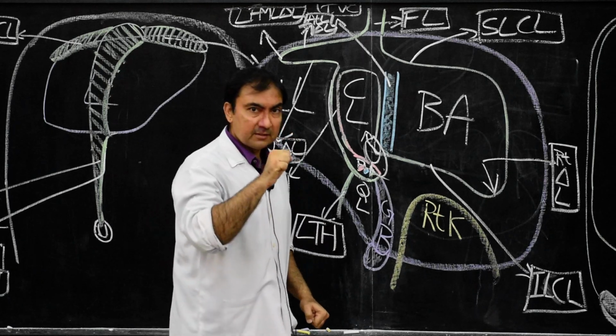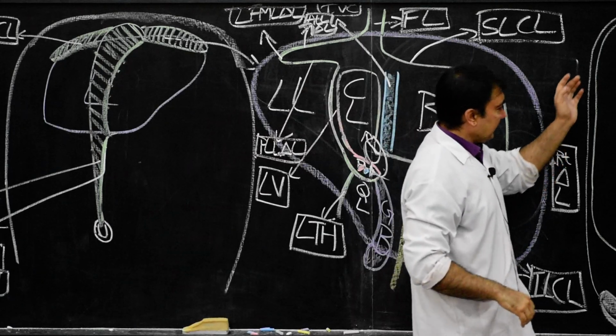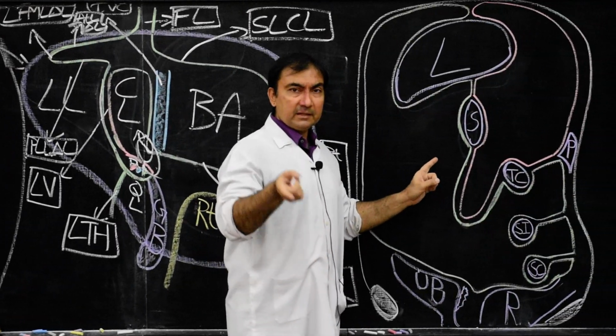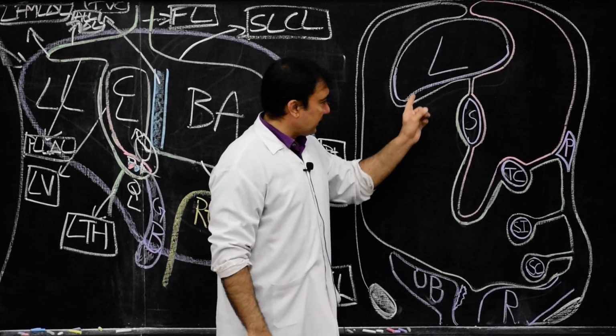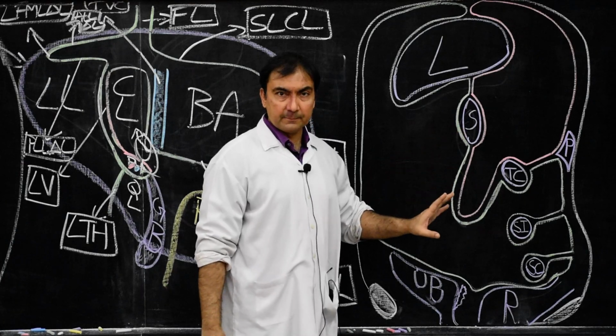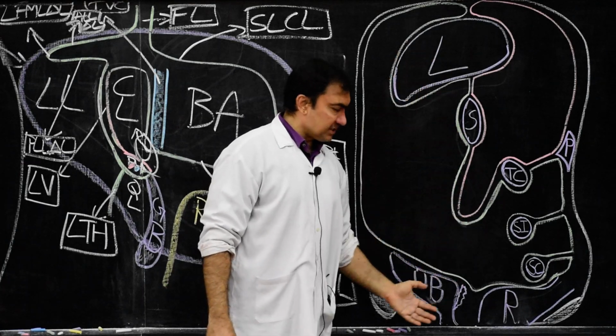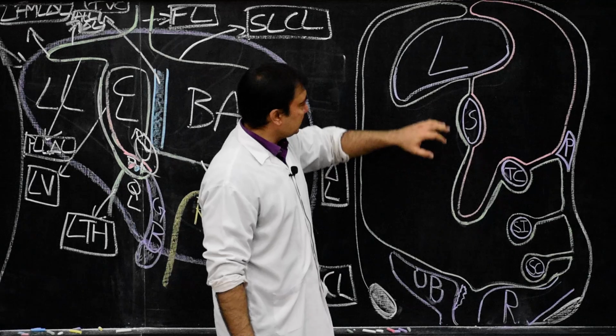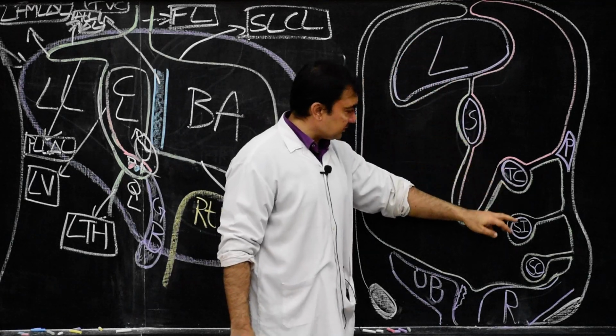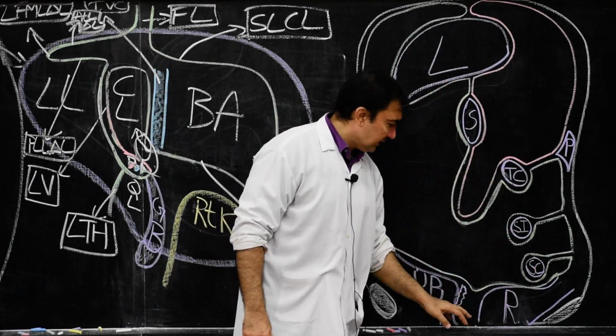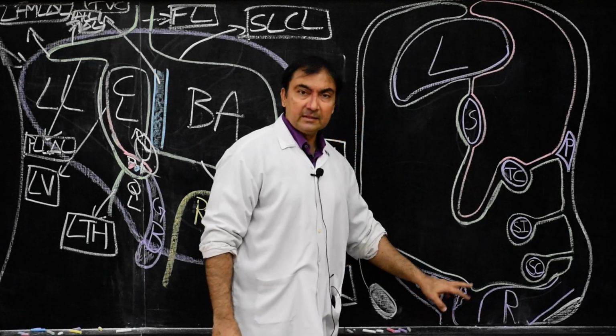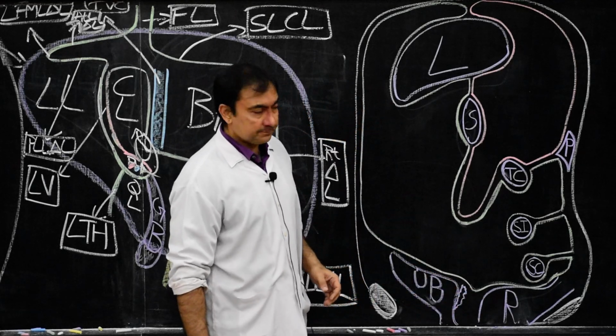So for this tracing, please come on this side. We take the help of this diagram. In the previous lecture, in the previous segment, we had already drawn this diagram. This is a sagittal section of the entire abdominal cavity in which these are the organs: liver, stomach, transverse colon, small intestine, sigmoid colon, and of course this is the rectum and bladder and the seminal vesicle.